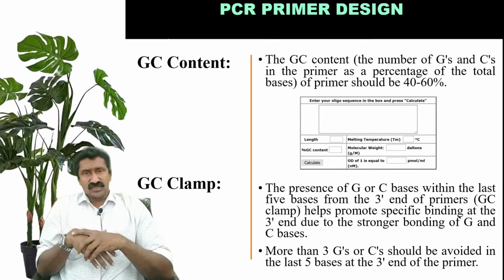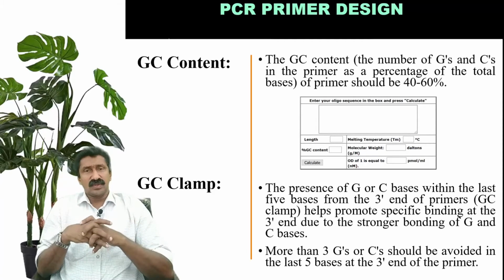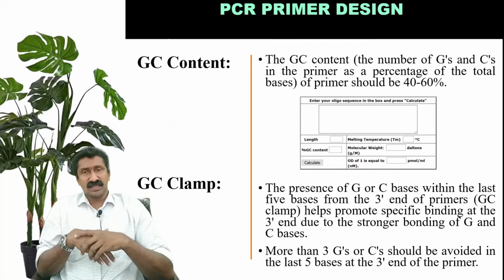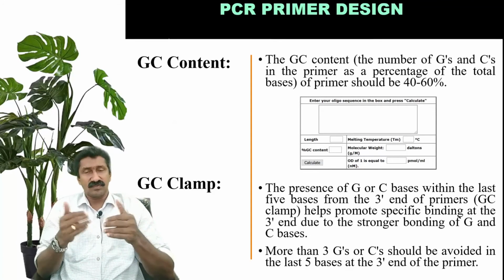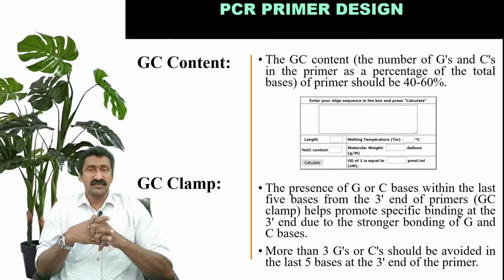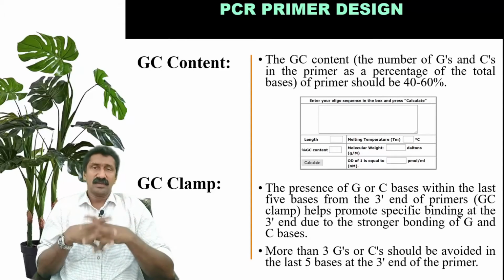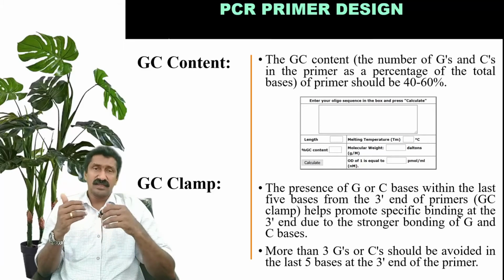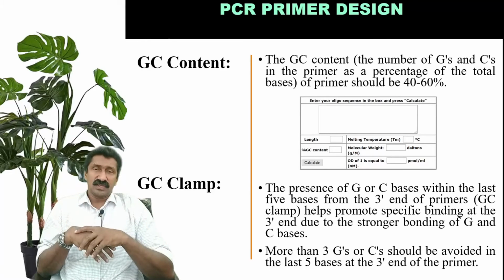You can use online software into which you can enter the oligonucleotide sequence, and it will automatically calculate the GC content from the sequence of the target DNA. The melting temperature, molecular weight, etc., can be determined from that software, which is available online. So various primer designing software will calculate the melting temperature based on the GC content of the provided sequence.